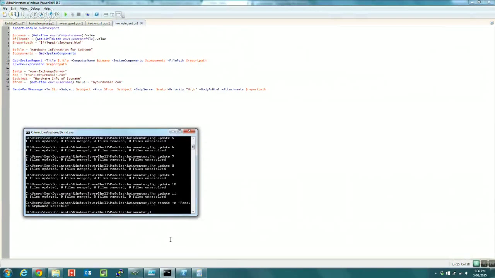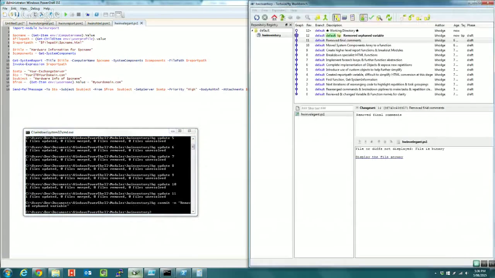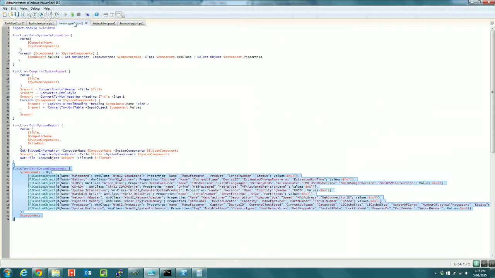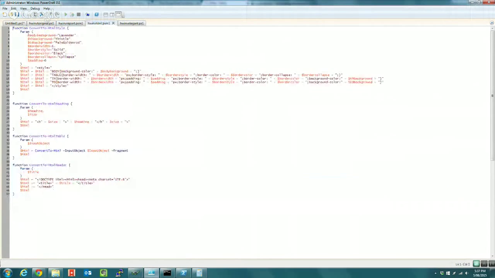Okay, and you can see here we now have a new commit, right? So where did that get us? We have a script of 18 lines instead of 70 something. We've got a number of functions that we can reuse: 1, 2, 3, 4, 5, 6, 7, 8. So we've got 8 functions out of it that we can reuse elsewhere, especially the